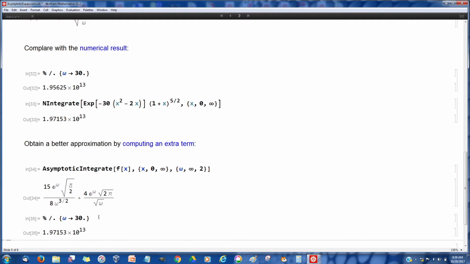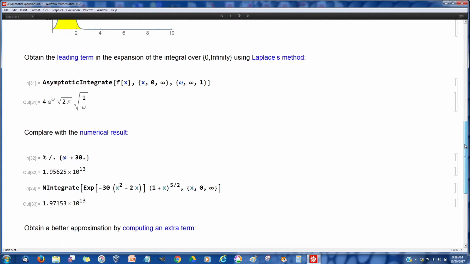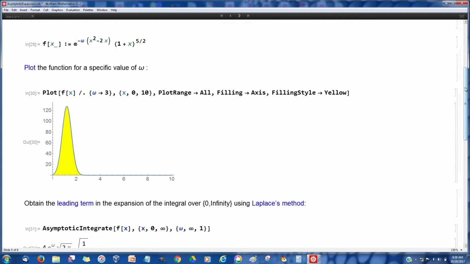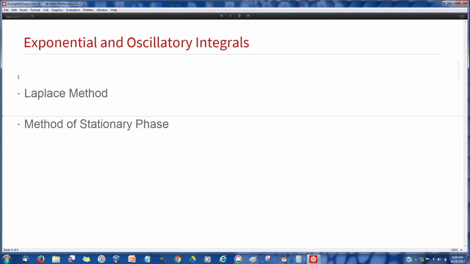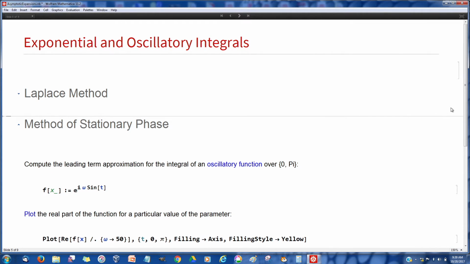So just a single term in the expansion, a single extra term, gives you a good answer. And that's the magic of asymptotics. I've not worked with this myself before, and I'm just amazed how nicely it works. Okay, so that's Laplace. And then what Stokes said is, okay, let's do the same thing for oscillatory functions, like